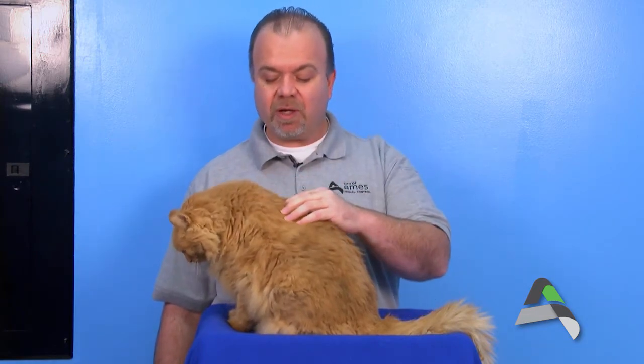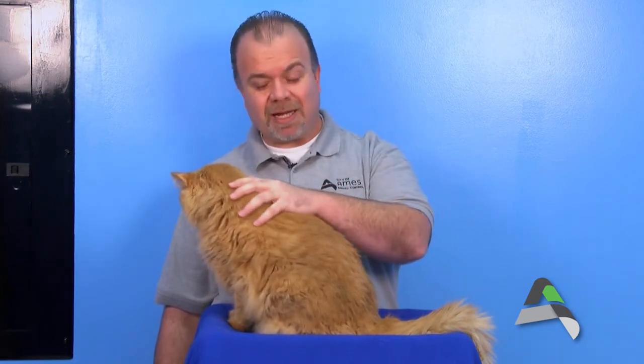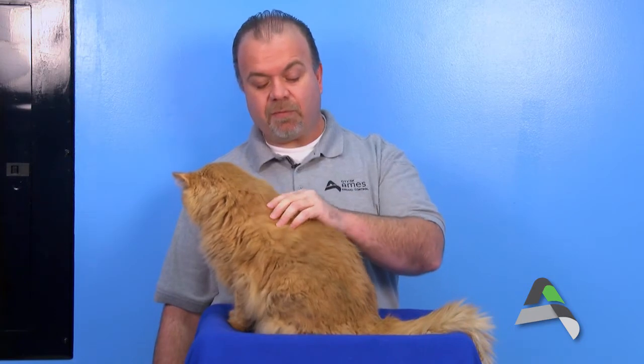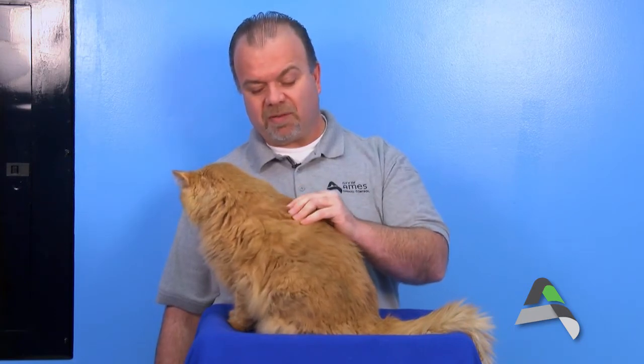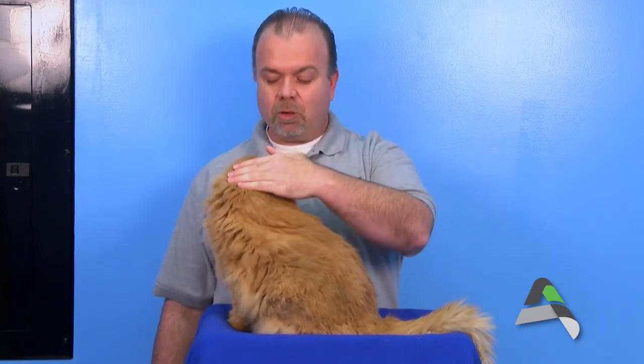And here I have with me Tatter. Tatter is one of our longest residents. He actually came into us. He'd been on the street running around on Main Street here in Ames. And we're very fortunate that someone brought him in here to us because he was in really bad shape. We've been working with him and slowly working on trying to get all the mats out of him. He tolerates it for a little bit, but